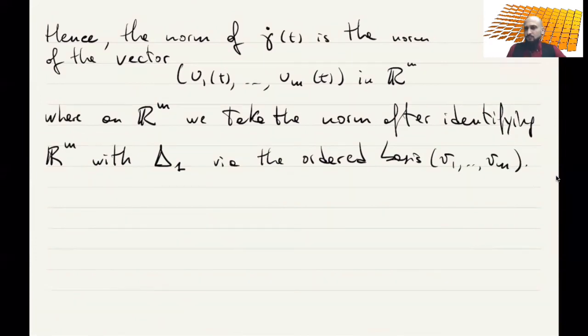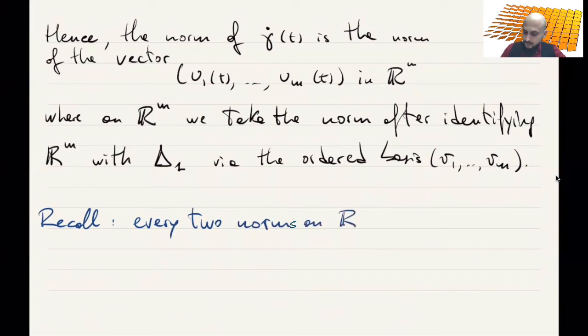Okay, now how important is the norm? It's not really important up to bi-Lipschitz equivalence. Let me just remind something at this point, I'm going to use it soon. Recall that every two norms on R^m are equivalent, where equivalent means that the identity is a bi-Lipschitz map. Okay, so now that we have a norm of horizontal vectors, we can define the length and therefore